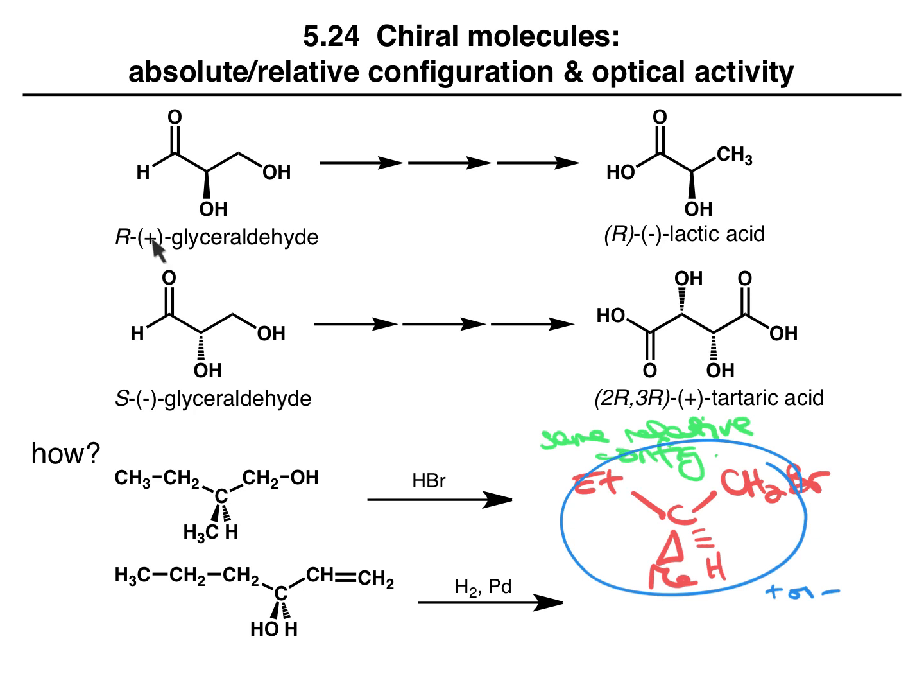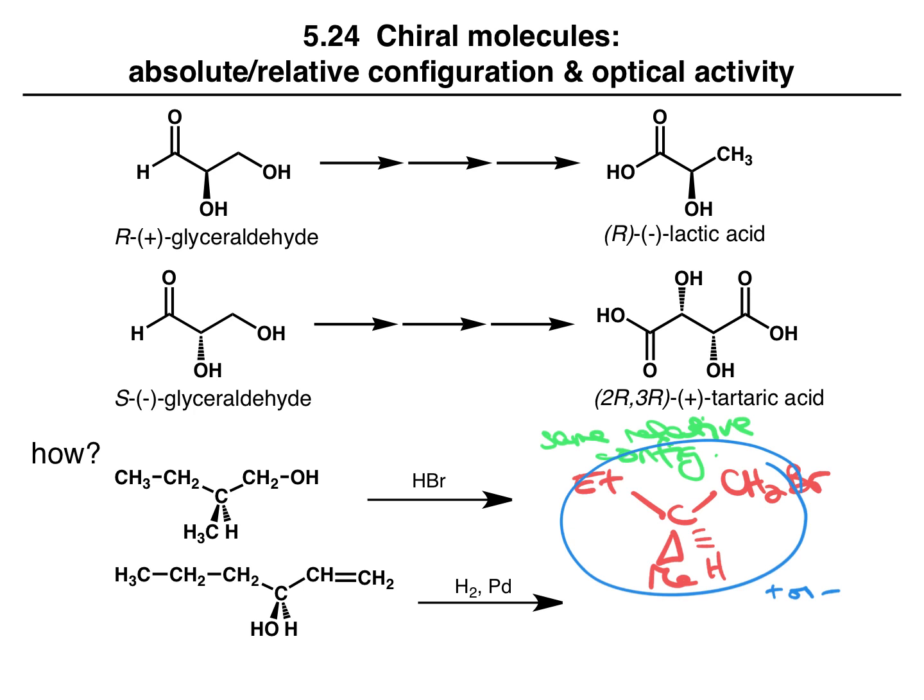So it was known that they started with a compound that rotated in the plus direction, and it was known that they had glyceraldehyde. It was assumed that it was the R configuration. It was measured that the lactic acid rotated in the minus direction, and then based on the relative configuration, they would assume, based on this assumption, that this would still be R. So by carrying out this process, thousands of compounds were determined as RS relating to the plus minus, all based